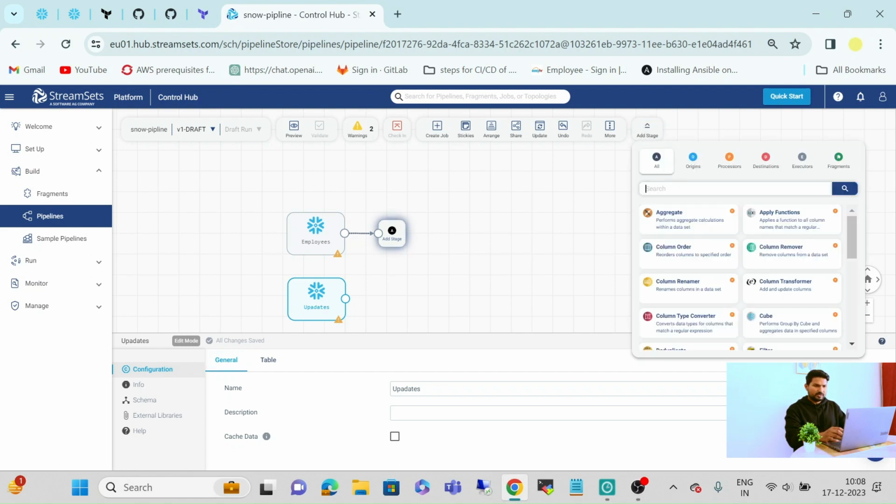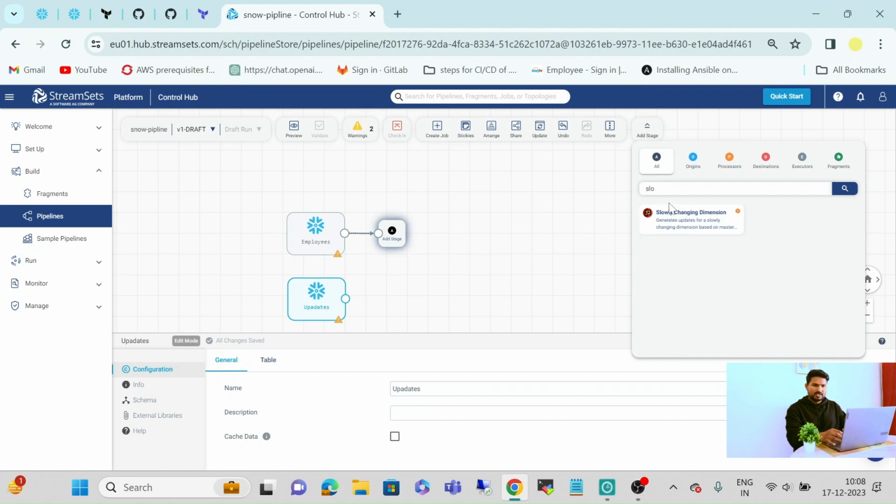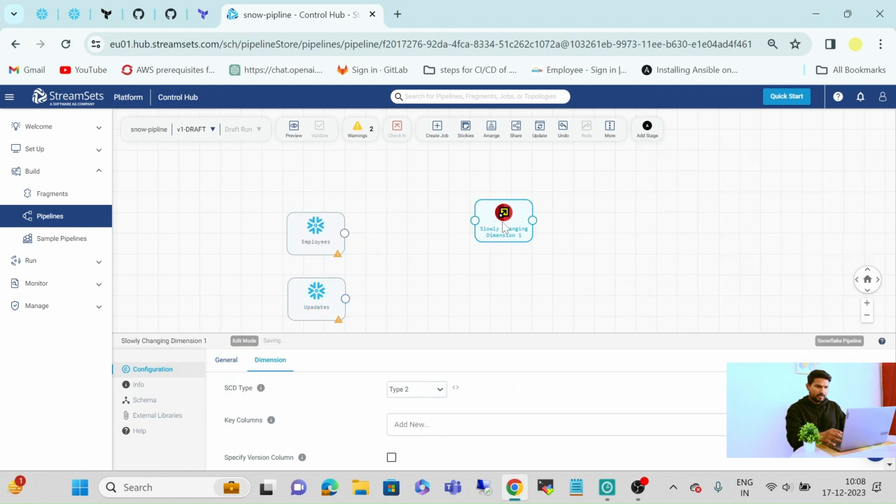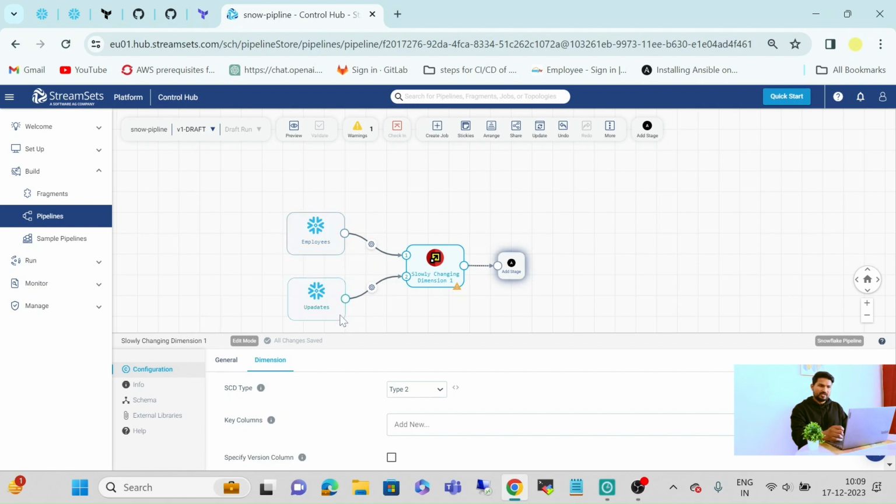So search here slowly changing dimensions, select and paste it here, and we have to firstly connect our employees, means our dimension table, to the slowly changing dimensions table, and next we have to connect the updates table, our update feed table, to the slowly changing dimensions, and verify the employees table is on first number and the updates feed table is on second number.